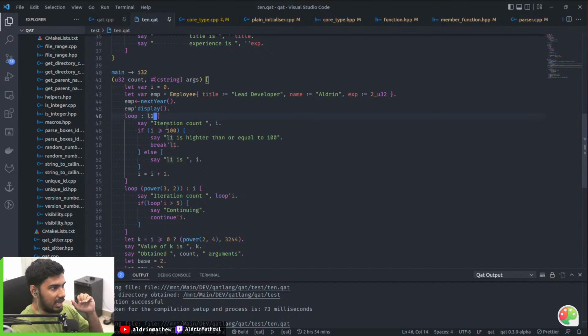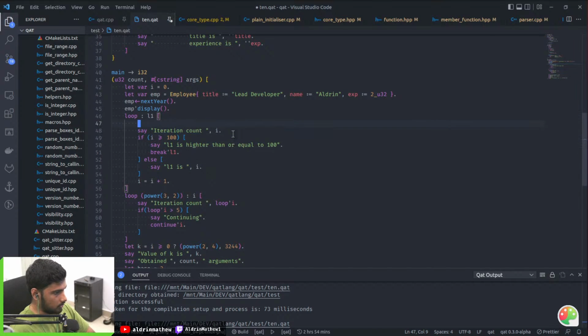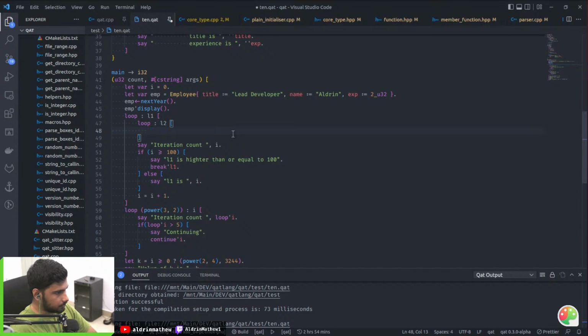Loops have custom labels, and you can provide them in the break and continue statements. If there are nested loops, you have to provide these labels, otherwise you won't be able to use them. For example, imagine continue L2 and break L2. This might fail in compiling because I haven't added very complicated analysis of the IR. Let me see. Oh, compilation is successful. Yeah, I did provide the labels.